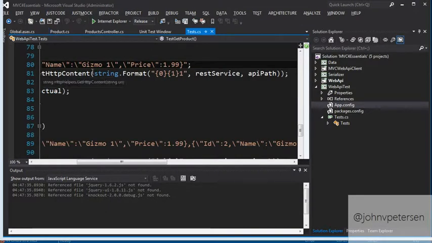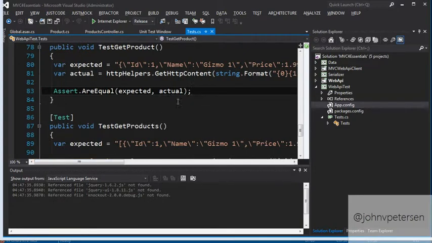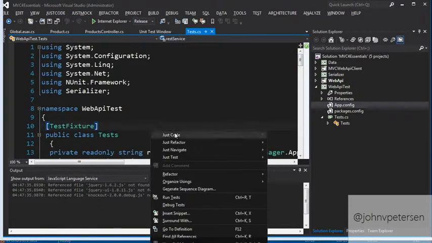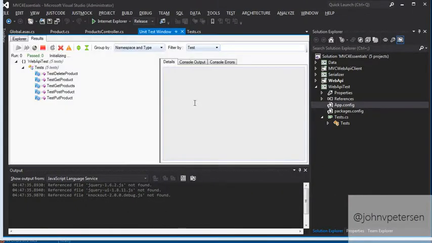So just to review real quick, you've seen it through the browser, and you've seen a couple of things through Fiddler. What if we ran everything through here, that did puts, posts, deletes, everything? So let me go ahead and run these tests. I'll right click up in here, just test, run test. We'll just let this cook for a second.